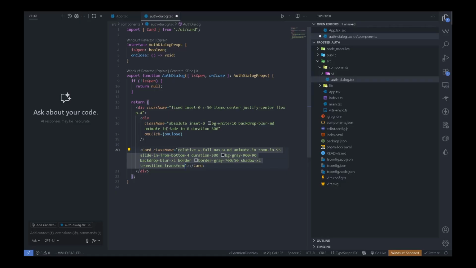That's all for the class name of the card. Inside the card, we'll have two things: